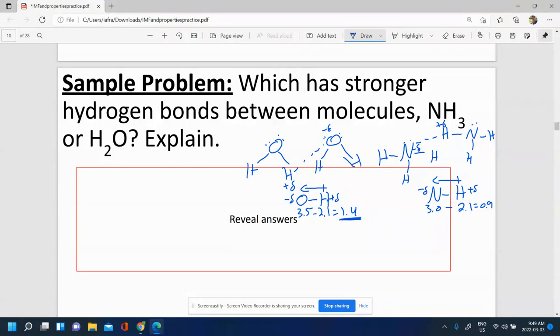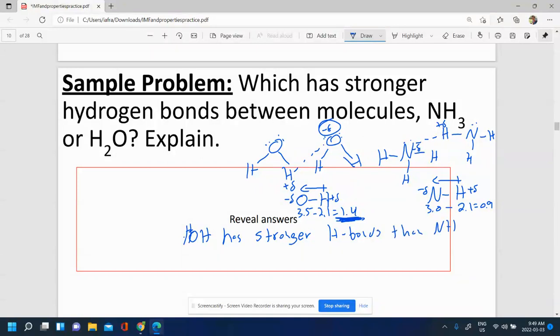You'll notice that the most polar one, though, is the OH bond. Because it's more polar, the dipoles are more pronounced, more partially negative, more partially positive than the NH dipoles. And so that would likely give the OH a stronger hydrogen bond capability than the NH. And that's usually the case. So in this case, we're going to say that H2O, HOH, the same thing, has stronger H bonds